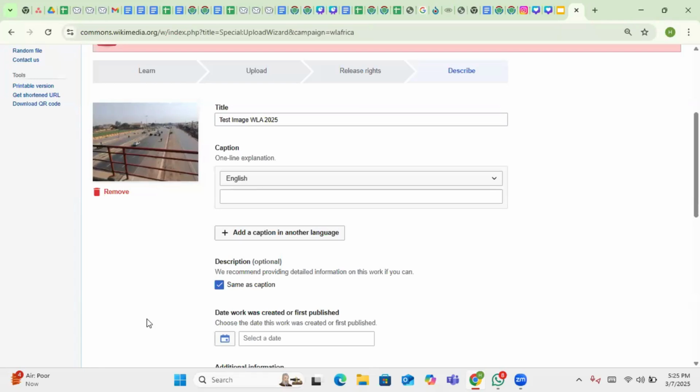Then you also see time. Some persons get to submit their images without changing that title. So that is not actually too okay. Give your image